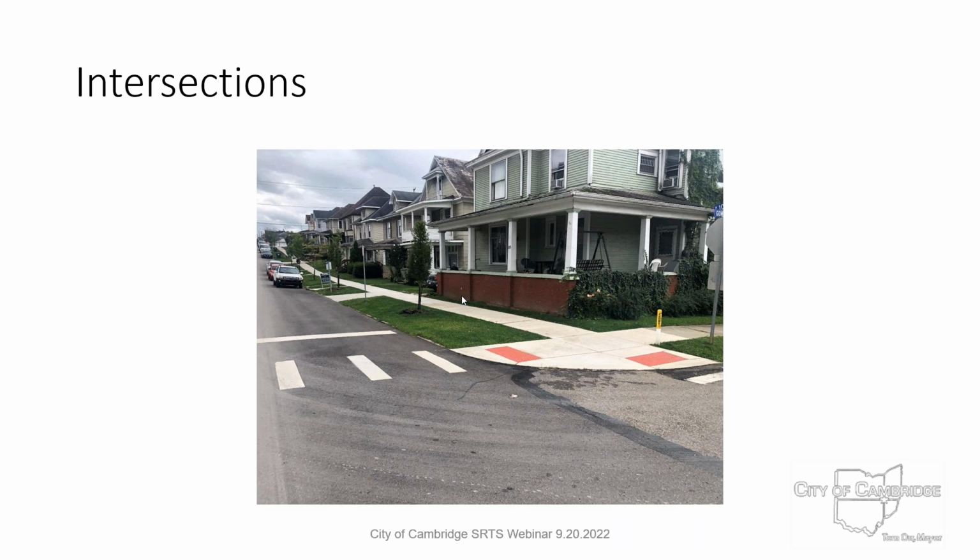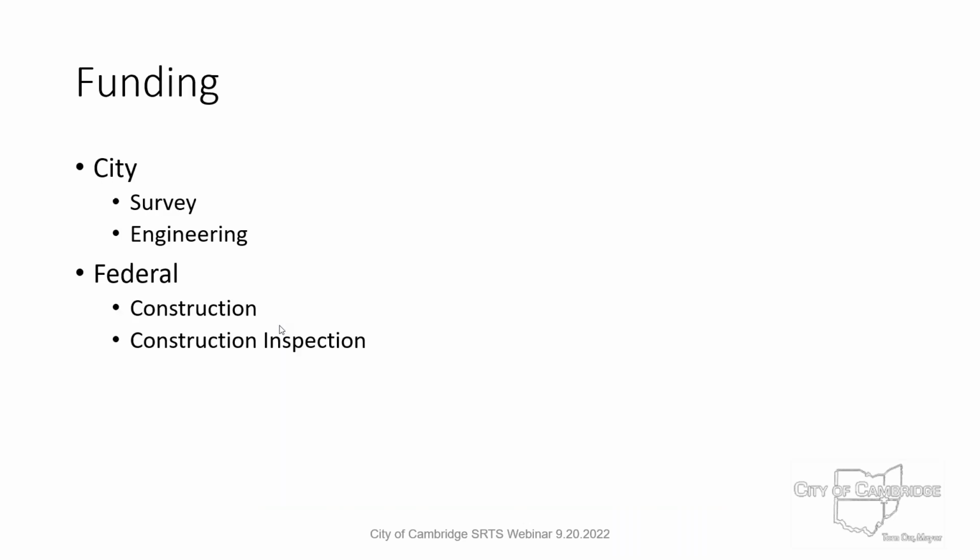Here would be a pretty typical intersection for a Safe Routes to School project. You can see that there are pavement markings that indicate where an individual should cross the street. We have a stop bar there indicating where a car should stop to allow people to cross the street. We also have the detectable warnings to warn the traveling public that there is an intersection approaching, that they need to be cognizant of that. This is pretty much a standard intersection with detectable warnings and pavement markings, both to warn pedestrians and also the traveling public as far as motor vehicles.